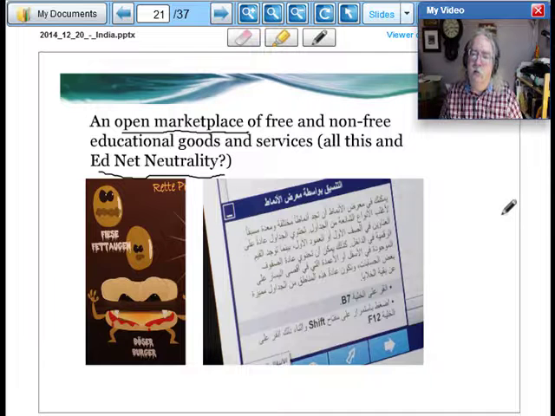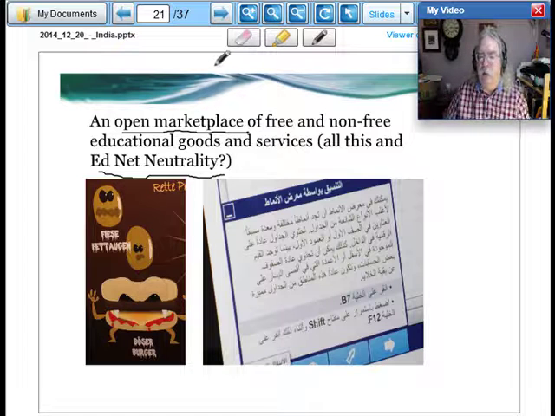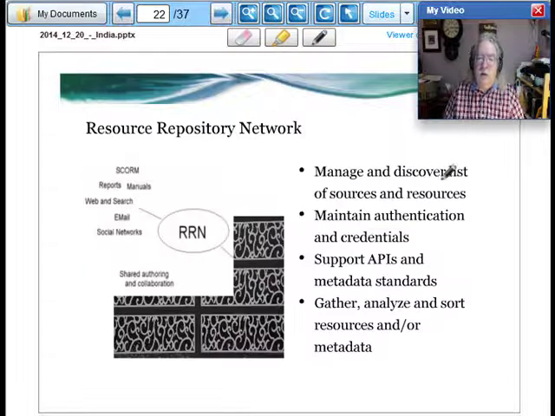It's up to the individual to determine for themselves what type of learning resource they will use in order to further their own learning. And they have their own tools and their own systems and their own network to support them as they make these decisions. So here's the resource repository network, as I mentioned, the different types of content.